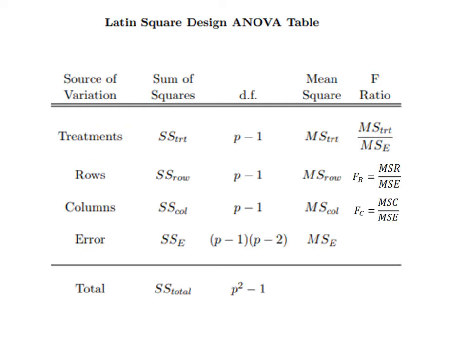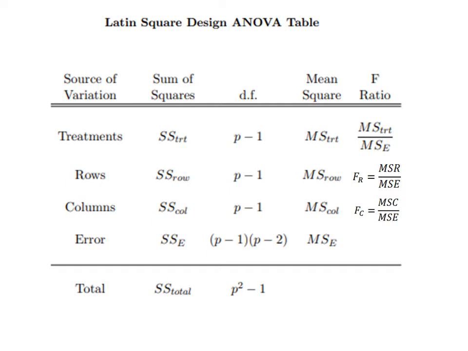Look at this. This is the ANOVA table. In the first column, usually in RBD we have rows, columns, and error. So here treatment is additionally coming. That is the difference. For treatment we may use SSK in some cases. In some formulas we may use SSK. For understanding purposes, in the formula itself I have given the sum of squares of treatment, that is SST. SST could also mean total, so that is the reason I have given it like that. And secondly, sum of squares of rows, sum of squares of columns, and SSE, that is error.